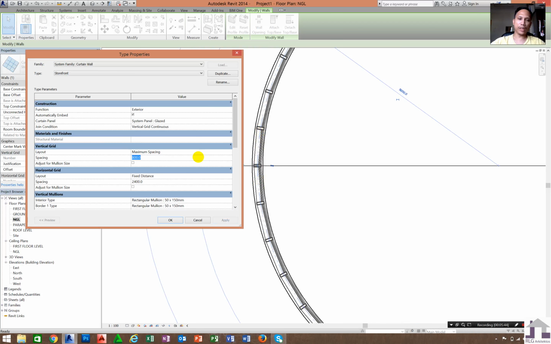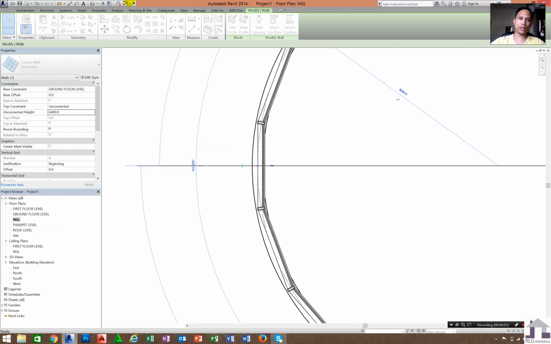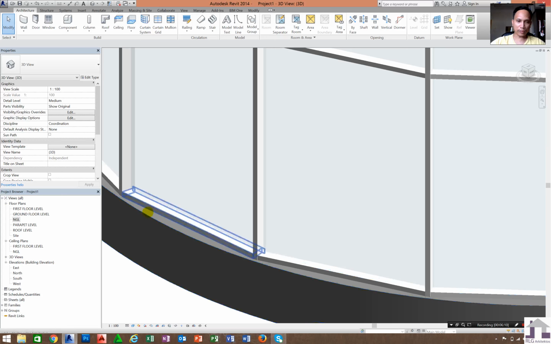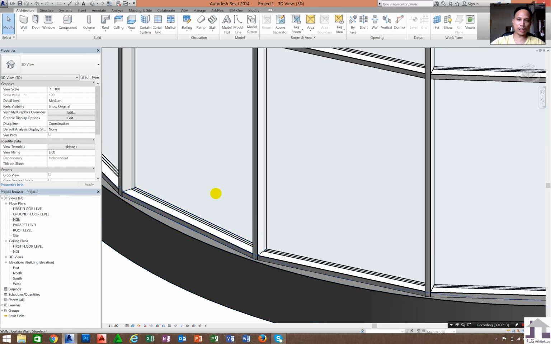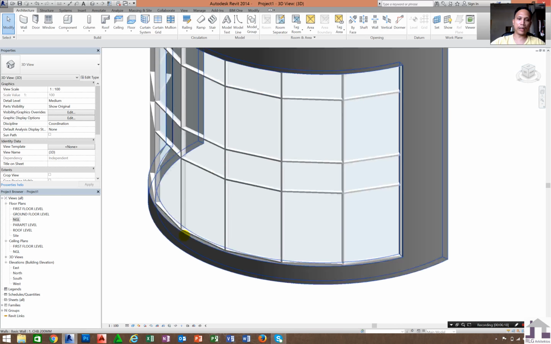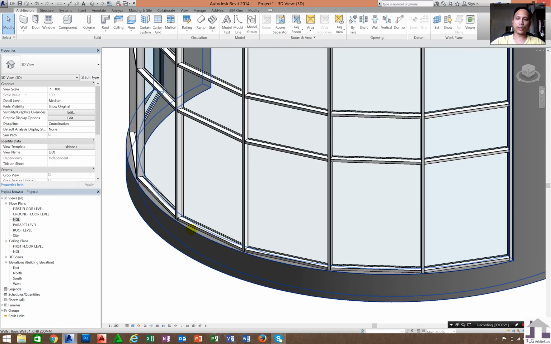But if you make your storefront exceed beyond your maximum width, definitely it is not accordingly aligned to the wall finishes. You see, it extends up to here, so it's not good to see your storefront just expanding like that. So at least the curve of the mullion or the storefront will align to the curve of the wall.